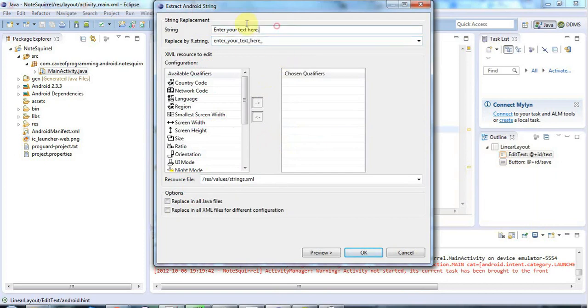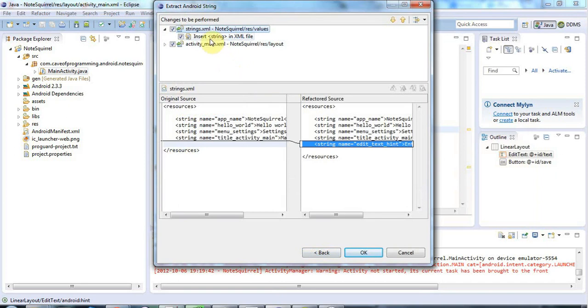So this is the string that I want to use, the actual text, and this is going to be an ID for my string. In this case I'll call it edit text hint or something like that. I think that will do, I'm going to leave this stuff here and I'll click preview,